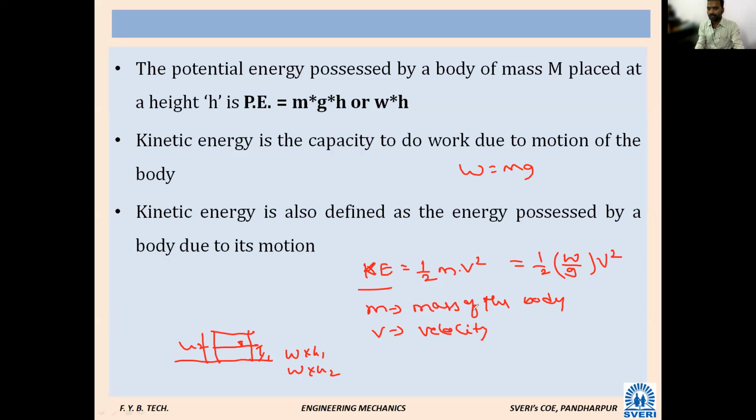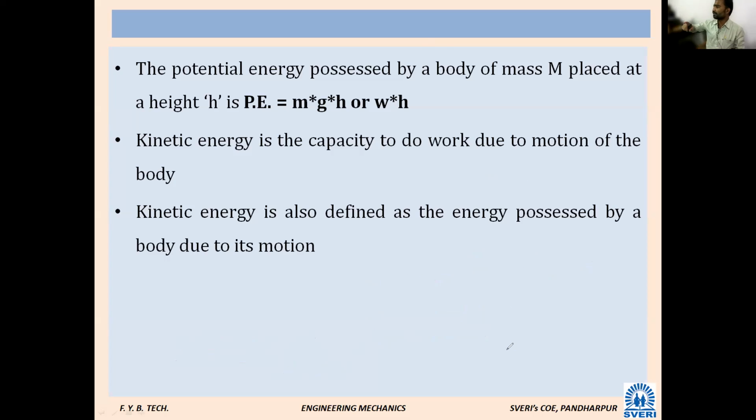Now coming to the second point, kinetic energy is half mv square. Okay, mass is fixed. As the velocity increases your kinetic energy is increasing. As the velocity decreases your kinetic energy decreases. Okay. So in the exam what is he going to ask? He is going to ask what are the different types of energy, kinetic energy and potential energy. Then what is the unit for work and energy.